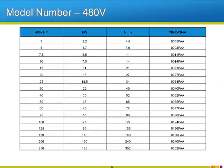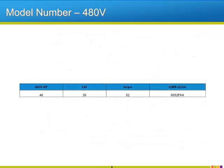This chart presents the amp ratings for the 480 volt version of the standalone Z1000. Note that the CIMR part number is based on the NEC rated output amps of each drive size. The 40 horse Z1000 is rated at 52 amps and the part number is